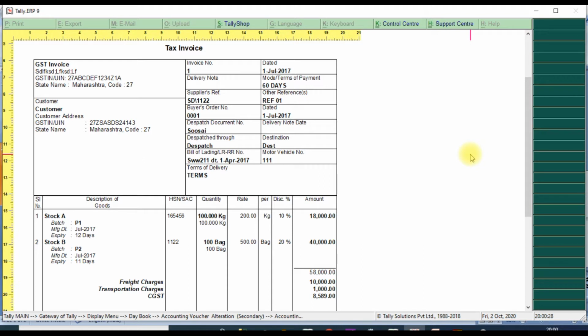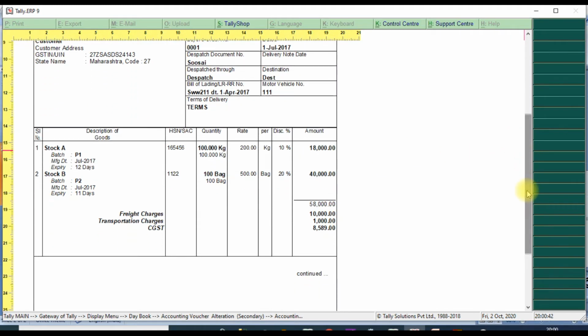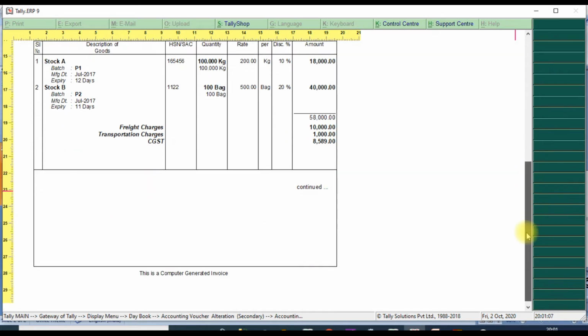First it will show the tax invoice title, then it will design the company details and customer details on the left side, and invoice details on the right side, and it will take more pages for the printing copy. And the inventory part: it will show the title first and then the inventory part. This is the stock part with HSN code, quantity, rate, discount and amount. Discount it will show in percentage only, and below that ledger details, freight charges, transportation charges, GST, and it will go to the next page